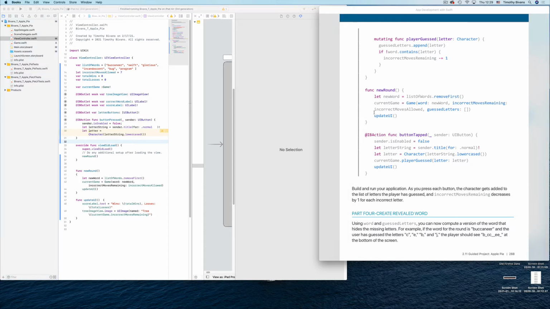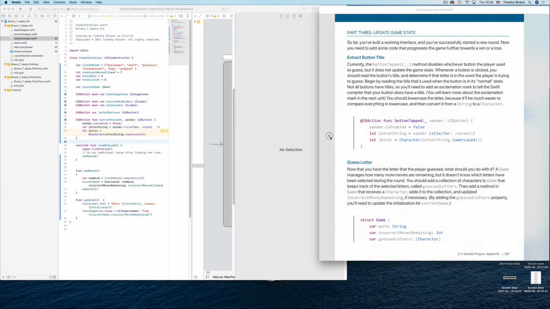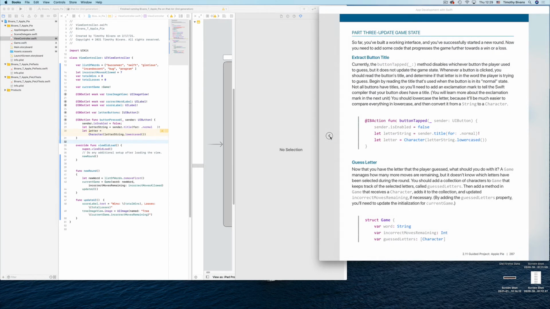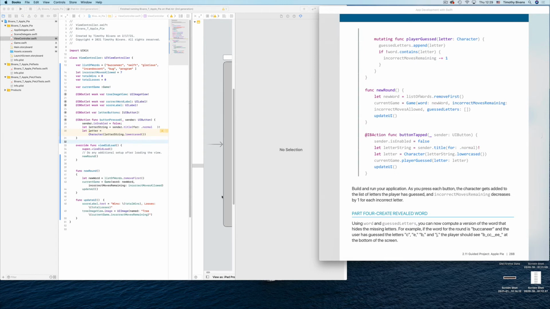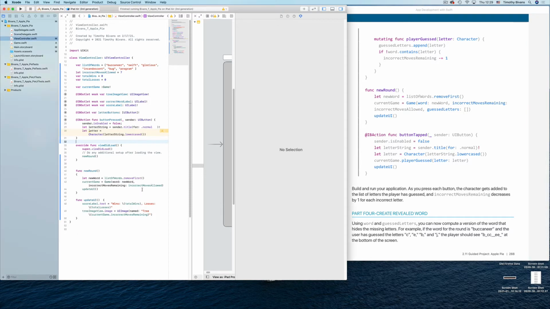All right, so it also updates these. It should tell you that it's in a different file, but it doesn't for some reason, because it talks about doing this in game, but then it just kind of throws that at you. That's kind of screwed up. But anyway, so we're going to go into new round here, current game,